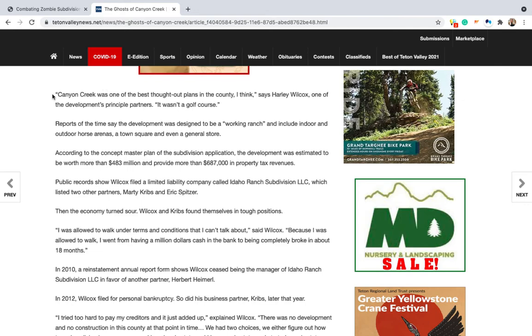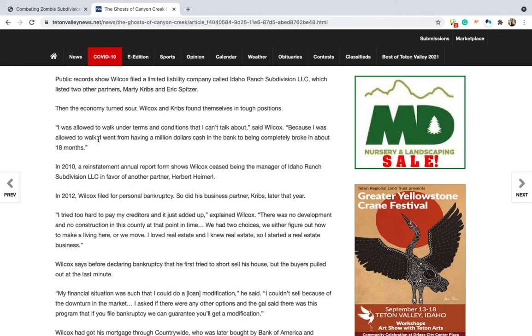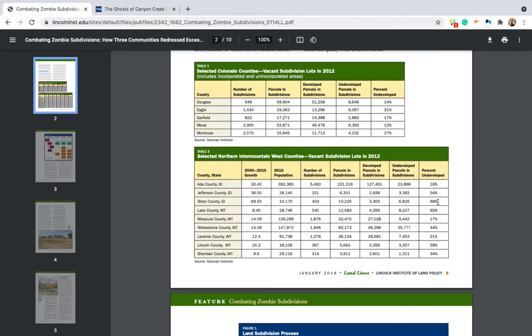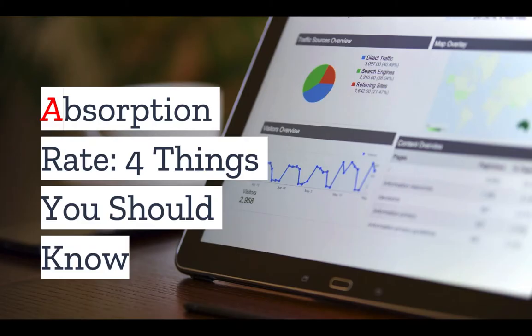This subdivision, originally planned to take advantage of the booming Western real estate market, abruptly collapsed along with the economy just a year later. No infrastructure was developed, no lots were sold, and the candidate went from a millionaire to bankrupt. But Canyon Creek is not alone. In Teton County, it is estimated that 68% of the lots in recent subdivisions are undeveloped. So what happened? I'll let you know at the end of this video,